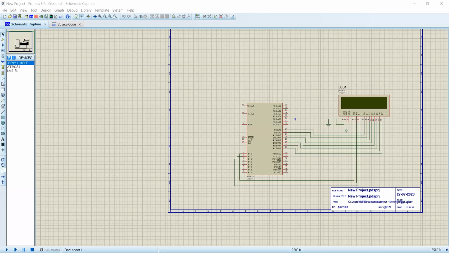Okay, zoom into the LCD part. Yes, please zoom into the LCD part.